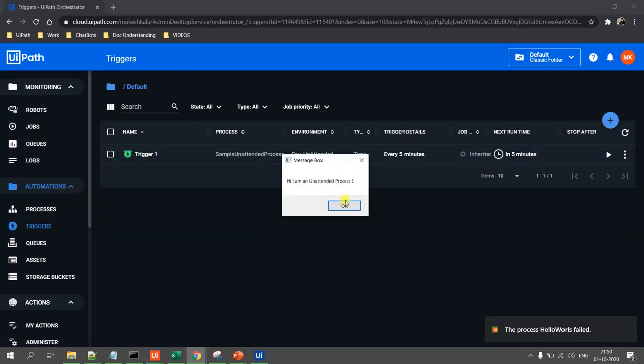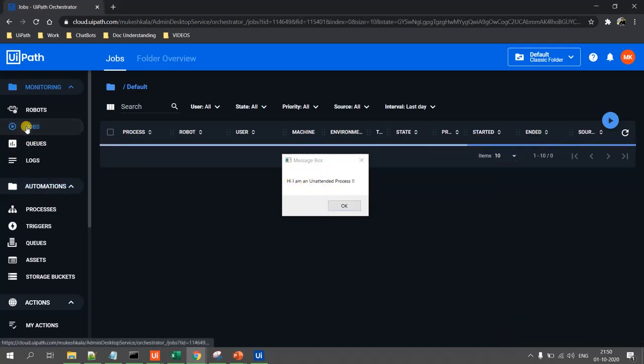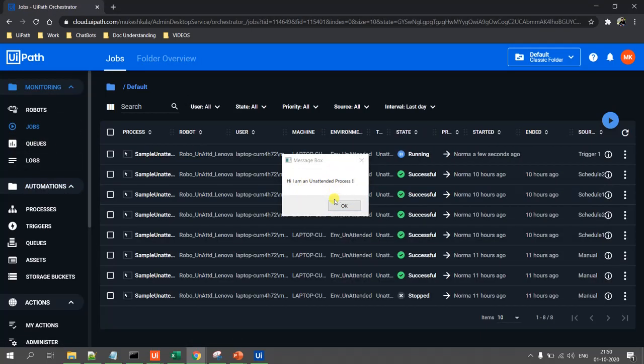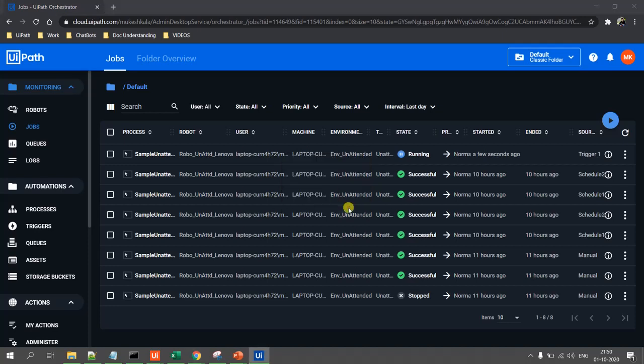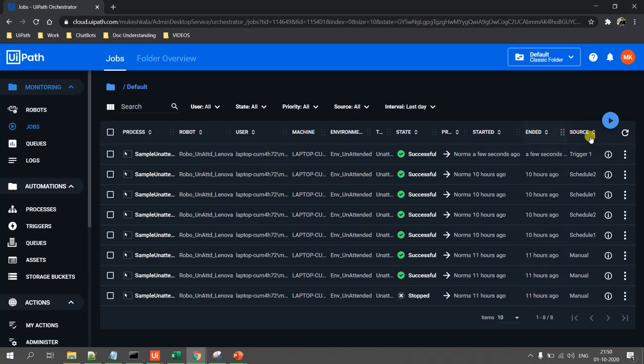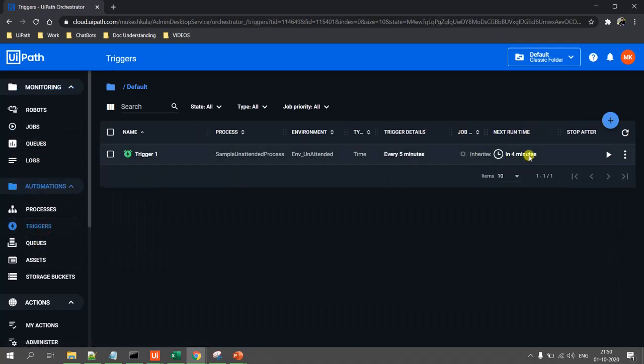This is an unattended process, and if I go to the jobs, you will see this is executed. How do I know this is the one? If I click OK, this process is ended, and the source says trigger 1. That means it was executed by the trigger we just created, and the next run is in 4 minutes.